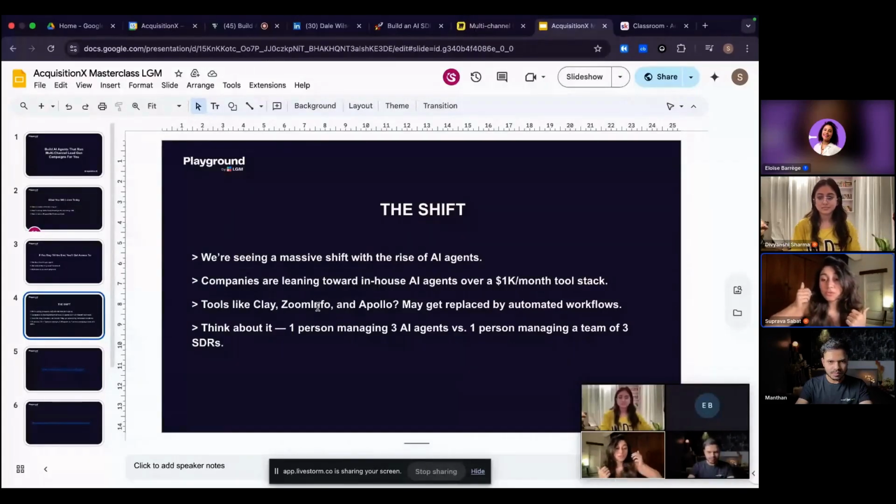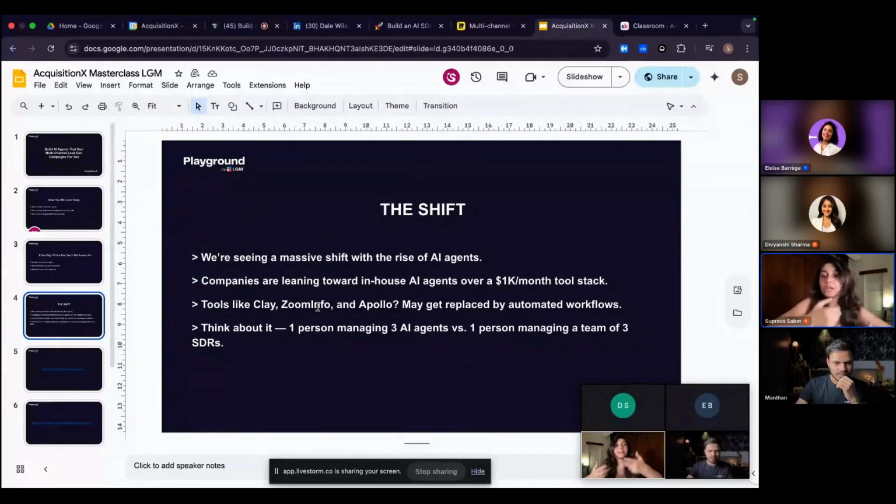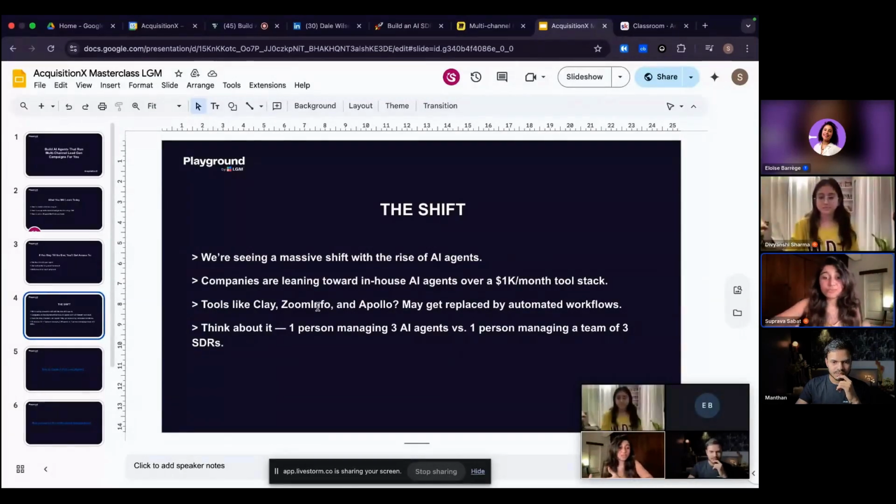Let me tell you what exactly got this going. A lot of people were earlier getting confused with a 10-plus tool stack. We've been there. We are a lead generation agency, and we used to use 20, 30 software. The worst part was, we didn't even know if this software would work. Then we used to take the paid plan, waste so much money and so much of our time.